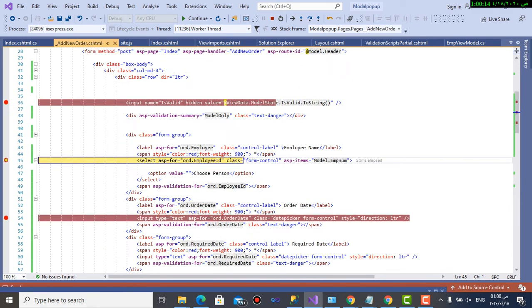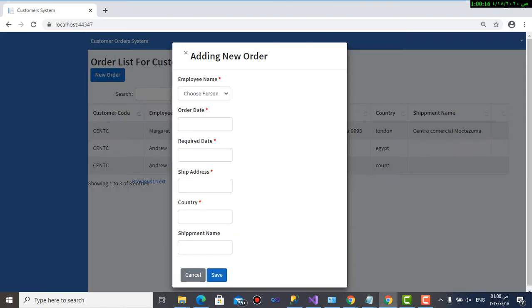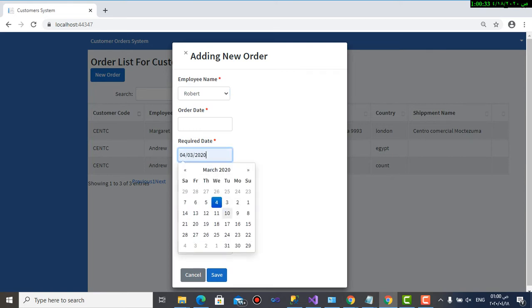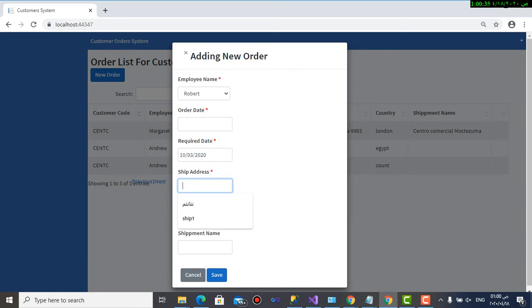And pressing F5, the model form will be displayed. What if I choose, for example, Robert, and any date here, and leave the order date, shipment, and country. Then press on save. On the asterisk,